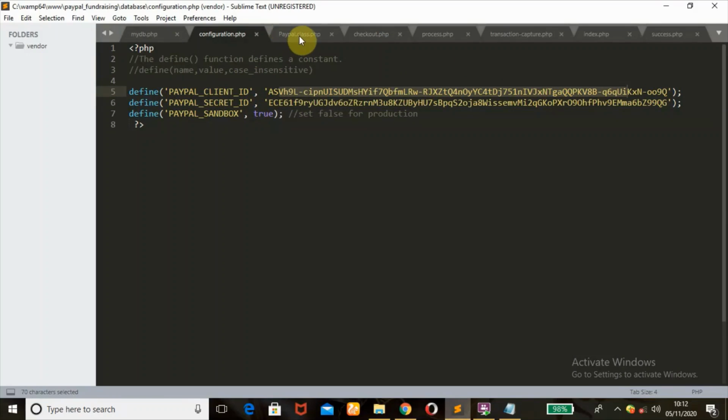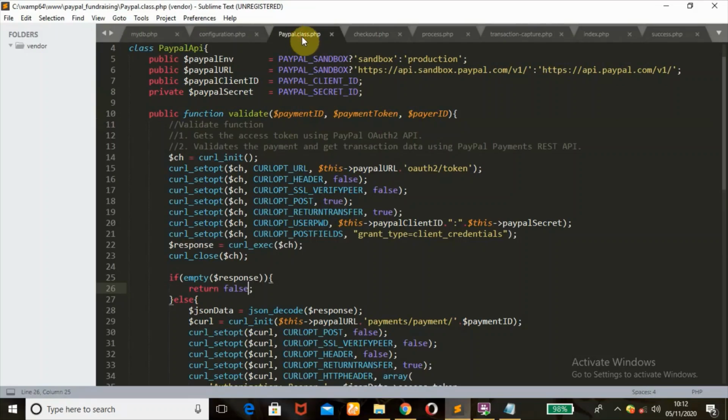All right. So when we head over to, before then, this is set, the PayPal sandbox value is set to true when you are working locally, but when you are going for production, like on live, you need to set this to false. All right. So in our paypal.class.php file,